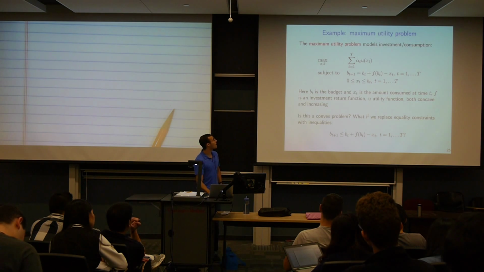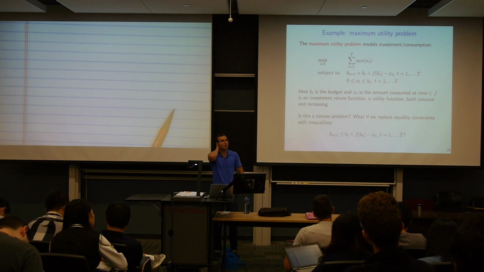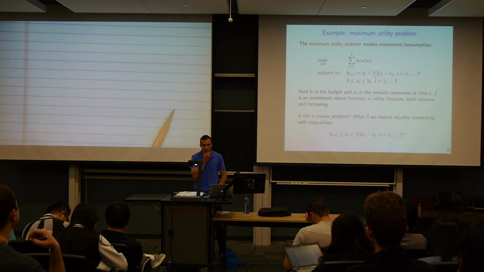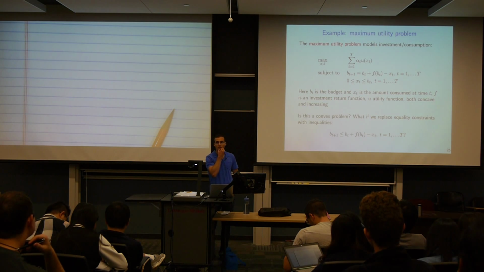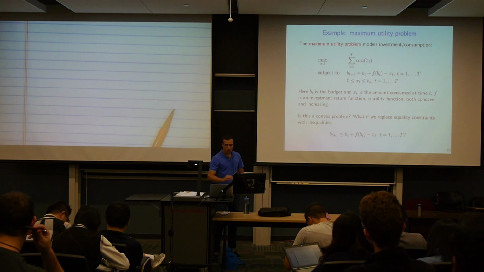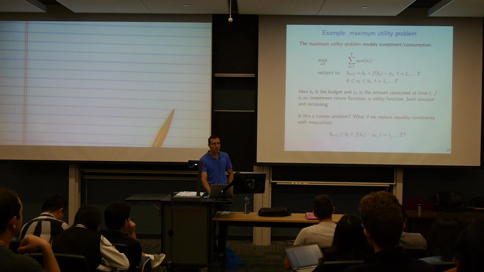This is not a convex problem because of this constraint. We didn't tell you that f is an affine function, and if f is not an affine function, then you'd be in trouble, because I have a non-affine equality constraint. Let's think of f as a concave function that's increasing, like, say, the square root of b_t. That's f(b_t). So it turns out with this problem, if we replace the equality constraints with inequalities,